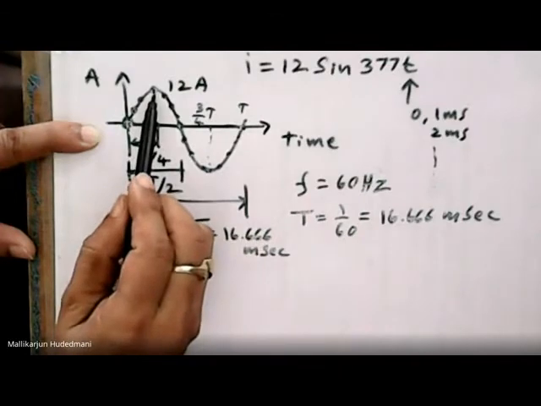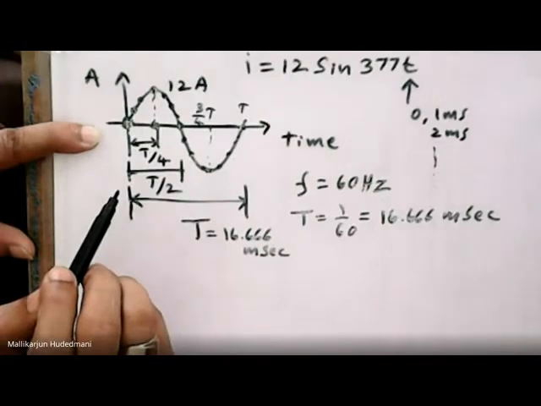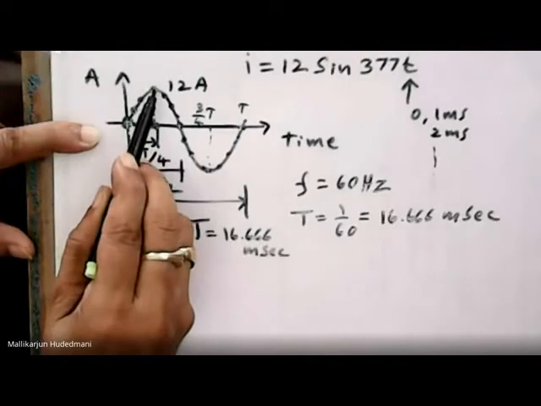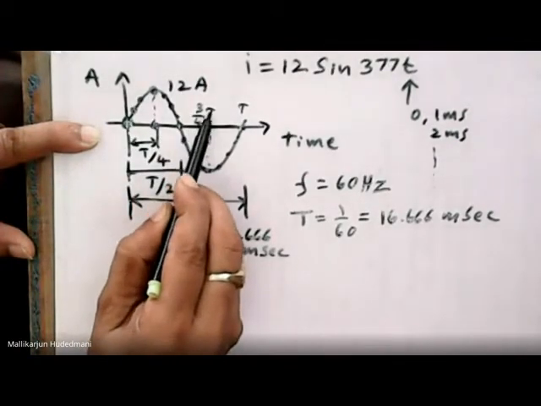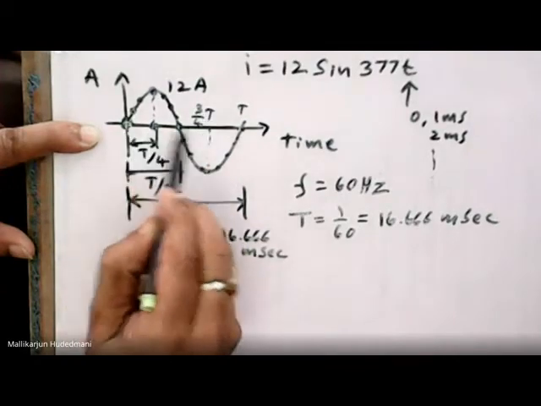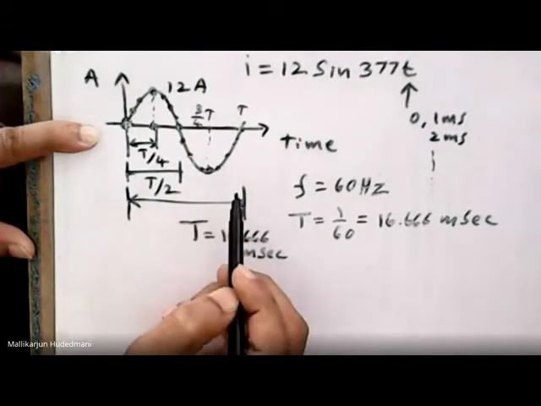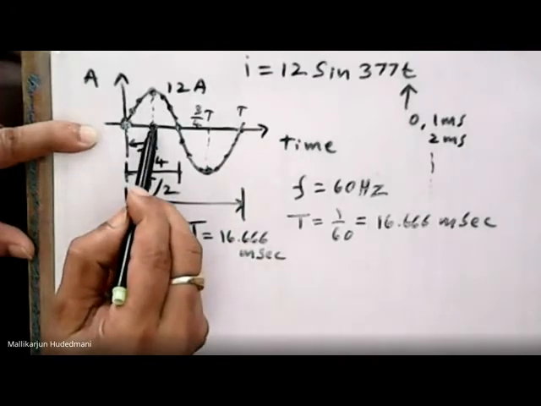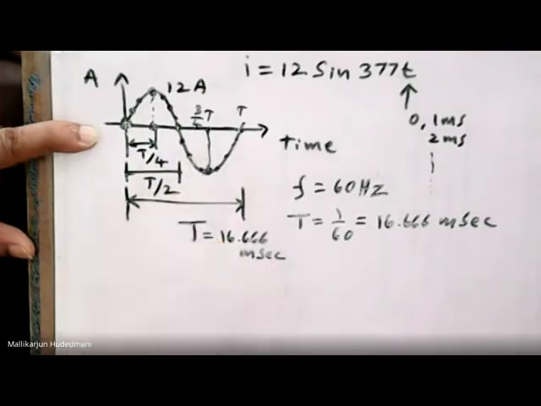Then peak. Whatever wave is given to you as a sine wave, it attains its positive peak first time after 1/4 of the cycle time. At that point, it will go to its peak. It's called positive peak. And at 3 by 4 times T, 3T by 4, 75% of its time duration, the wave will possess the negative peak. And these are called peak points. So peak points are 1/4 of a cycle time, a positive peak, and 3/4 of a cycle time, negative peak. So this we need to understand.